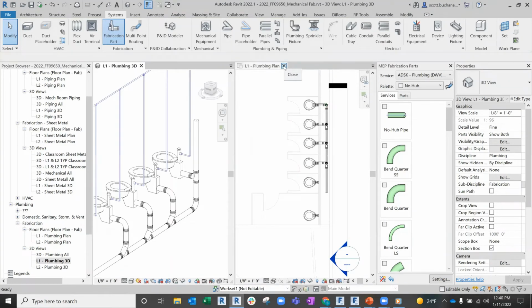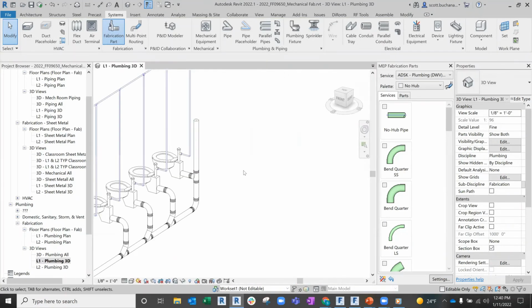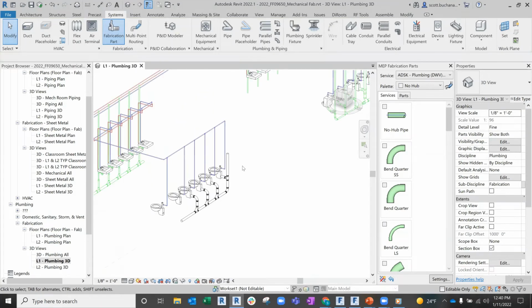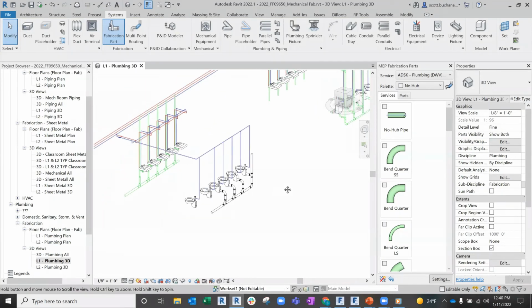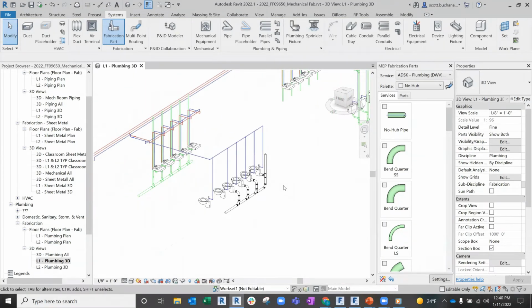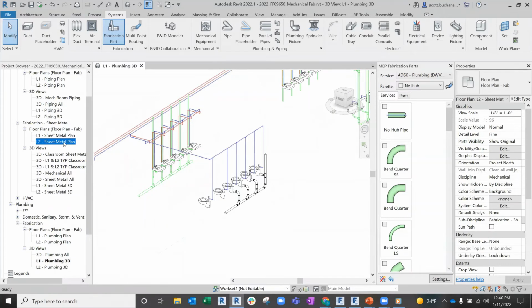So now let's look at where we can go with some of this content beyond just the modeling side. Now, I could tag this stuff. I could label it, sizes and everything else. It's no different than regular Revit content at that point in time. There's bottom of duct tags, there's item number tags and all that, which we could go through and do. But let's look at some other ways that we can leverage the data or even leverage the information as well. So if I go back to our sheet metal,